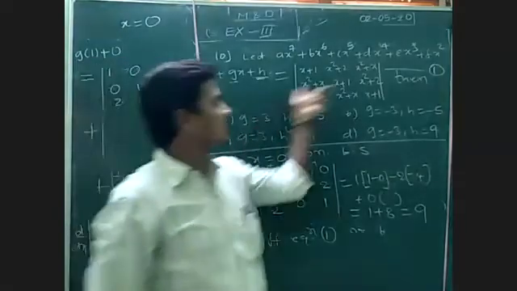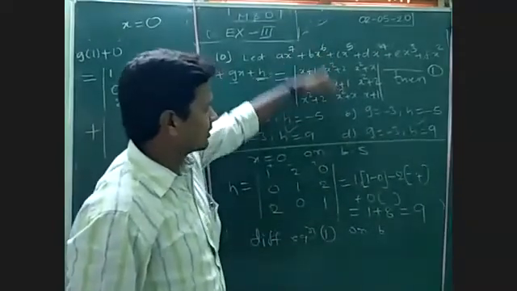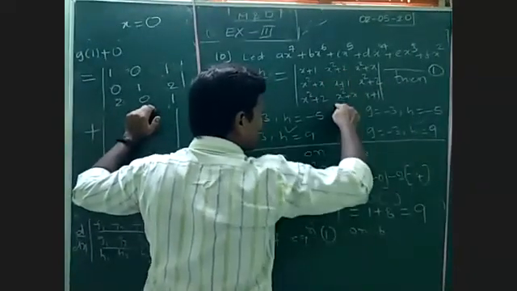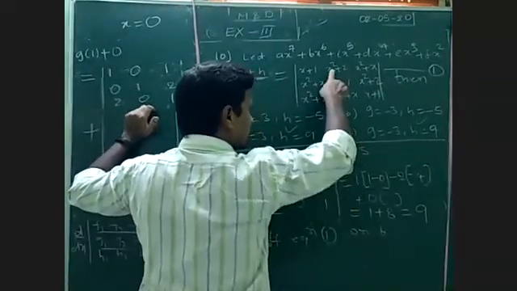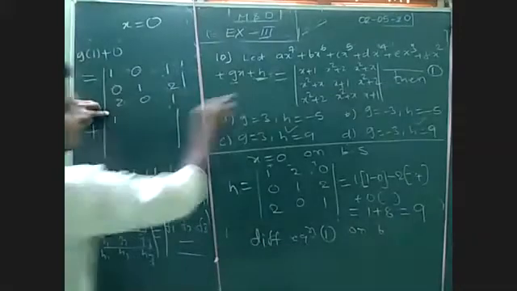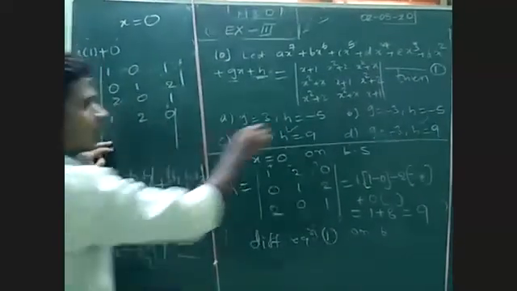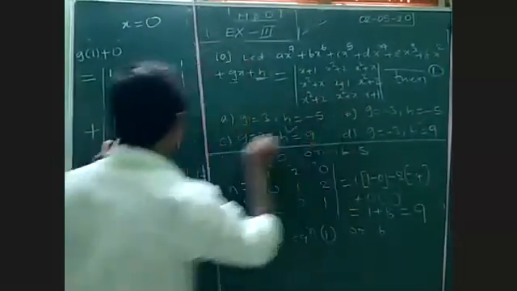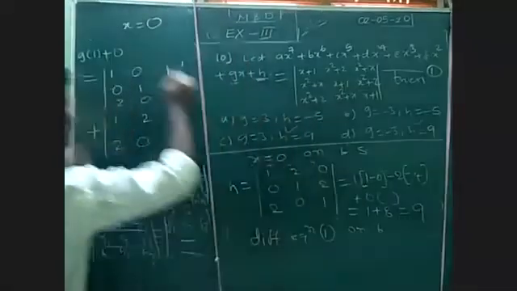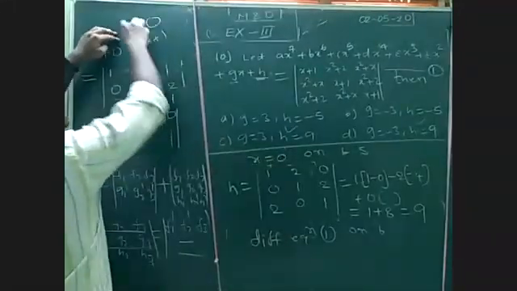We can differentiate the second row. After differentiating the second row, again in the determinant put x is equal to 0. So here we differentiate the second row, and the first row and third row stay as they are. So replacing with 0, what will happen is 1, 0 plus 1, 1, 0 plus 2, 2, 0 plus 0, 0. And the third row as it is: 0 plus 2, 2, 0, 1. Now we differentiate this: the derivative of x square is 2x, so 2x plus 1. Put 0 here.